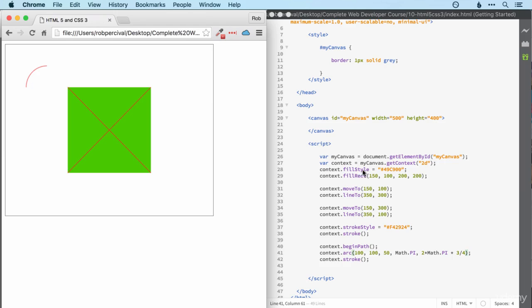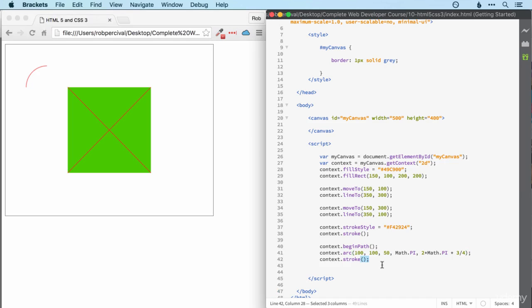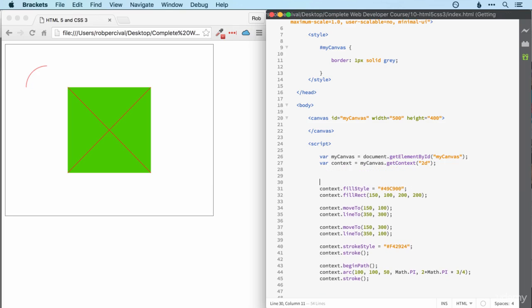All right, so now we've got rectangles, we've got lines, and we've got arcs and circles. There are 2 more things I'm going to show you here, and they are gradients and text. So to add a gradient to our canvas, we create a variable called gradient. We can call it whatever we like, but gradient makes sense. And this is going to be